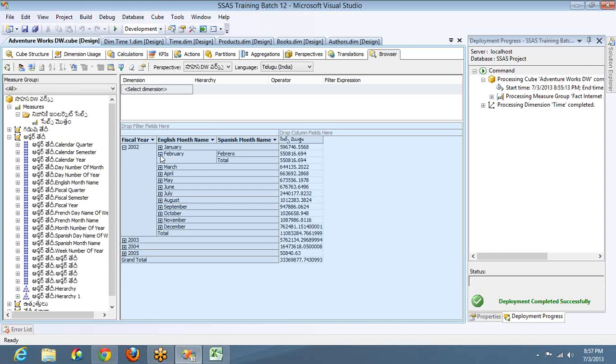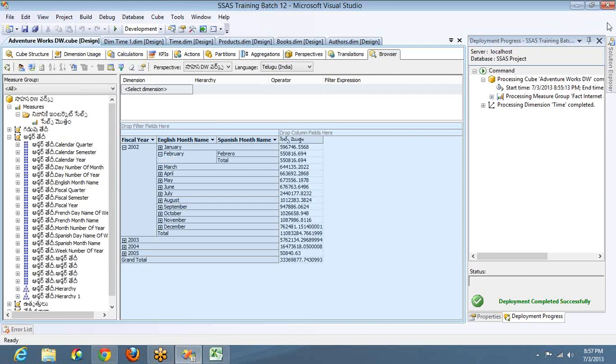In the cube, you can give the translations for any language that is available in the list, for the cube name, measure group name, and measure names, and also the dimension name. But at the dimension, you can give the translation values for the attributes and hierarchies. So this is about translations, and in the next session we are going to discuss perspectives and aggregations, calculations,